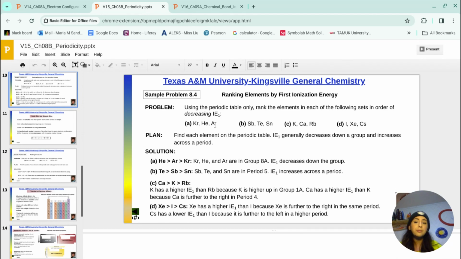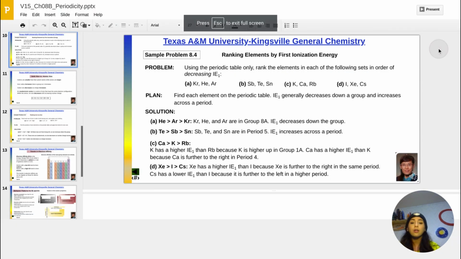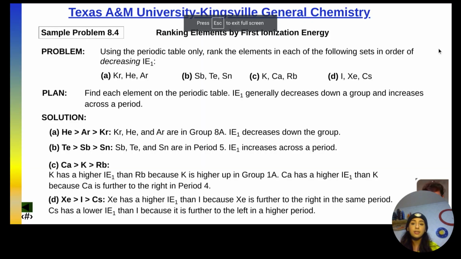Today I will be talking about ionization of elements and a few different trends on the periodic table. So first we're starting off with ranking our elements by our first ionization energy. So our problem is, using the periodic table only, rank the elements in each of the following sets in order